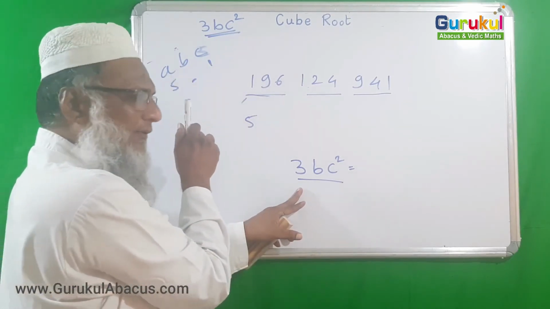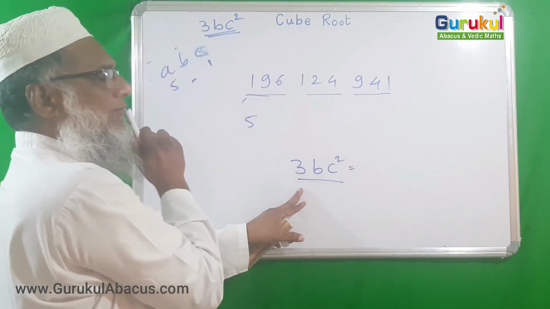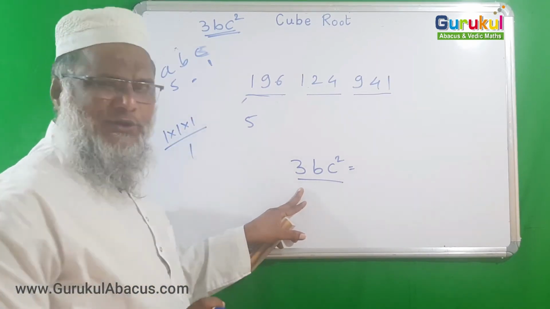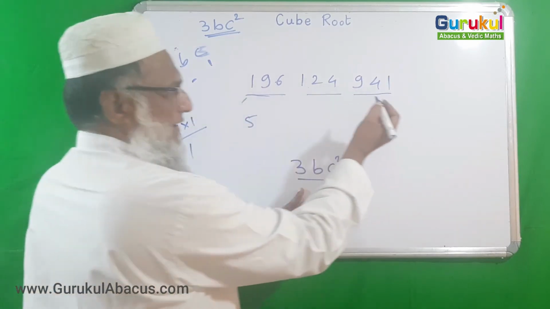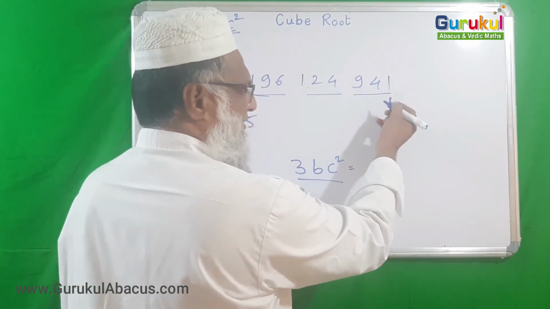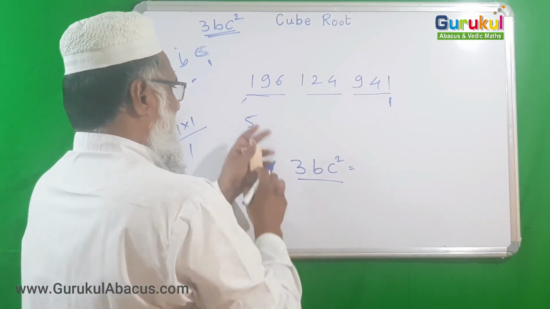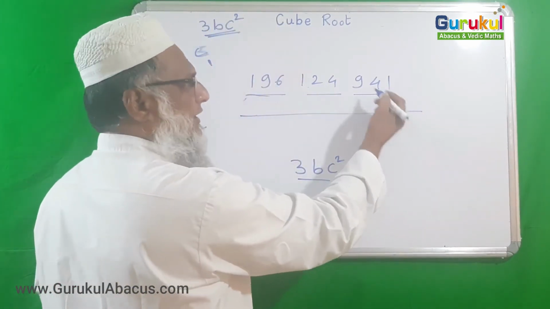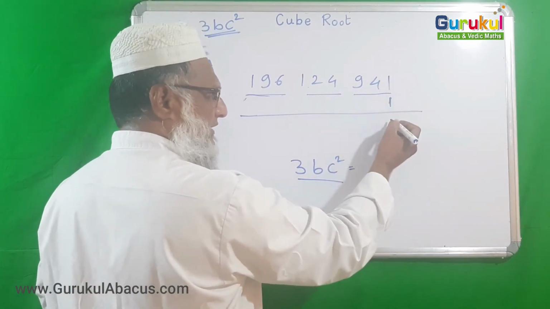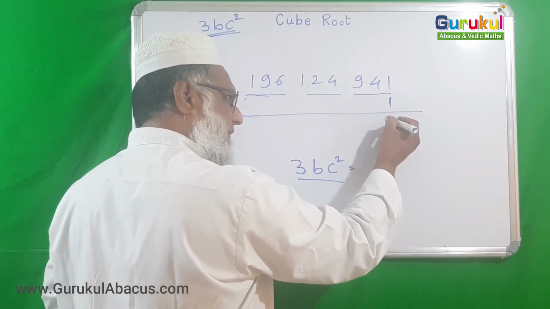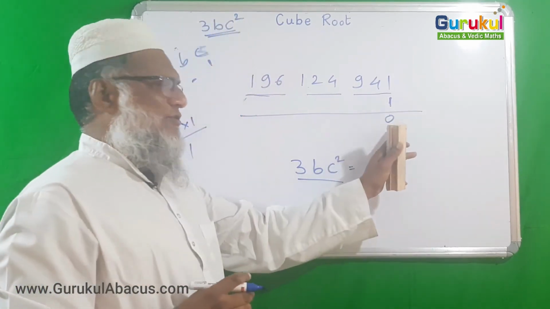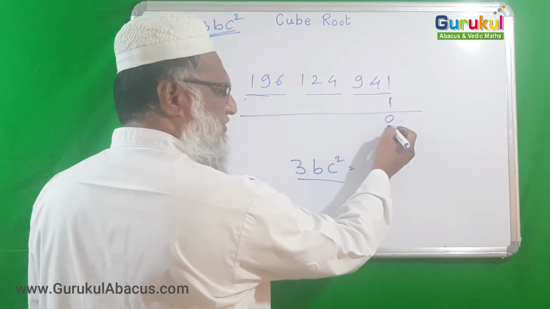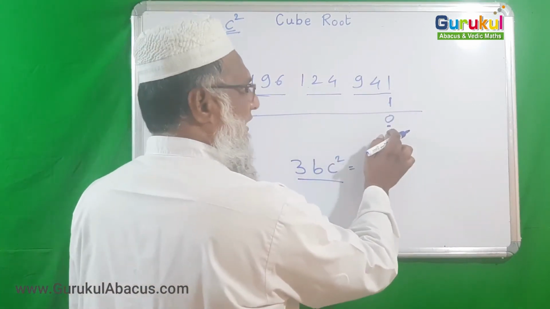What is the cube of 1? 1 into 1 into 1. So finally the answer is 1 only. We know it. So the cube of the last digit we have to subtract. Let us subtract. After subtracting, definitely our last digit would become 0. If there is no 0, then somewhere you are wrong. We are not concerned with this 0, but as a confirmation we should know that 0 always comes.